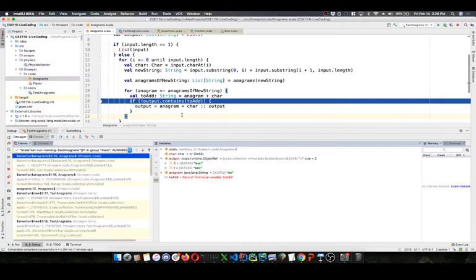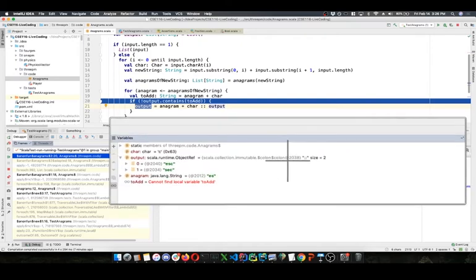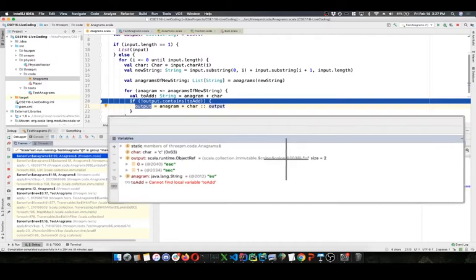The list in Scala is immutable. We can't change it. So when we add this to the list, we're actually creating a brand new list and reassigning the reference of that new list to the output. So we actually changed the reference that output refers to when we added that element to that new list. We created a brand new list, returned a reference to the new list, and stored that reference in our output variable. So that original list of size 1, it's gone. We don't have access to it anymore, but we do want this new list of size 2, and we replace that reference to get that new list.